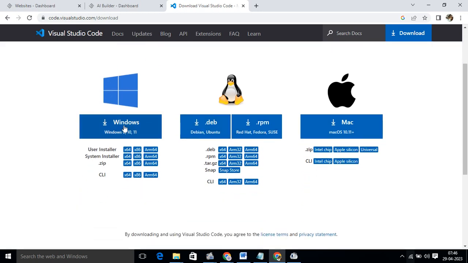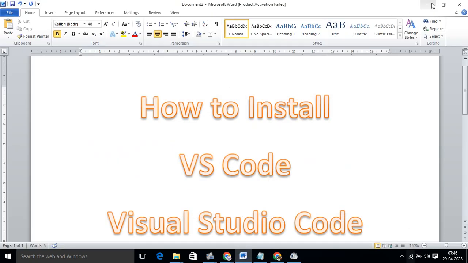If you are using Windows, you click here. If you are using Debian, Ubuntu, then click here. If you are using Mac OS, then click here. Now we are using Windows, so I am clicking here. If I click here, it will start downloading. After downloading, it will come into a folder called